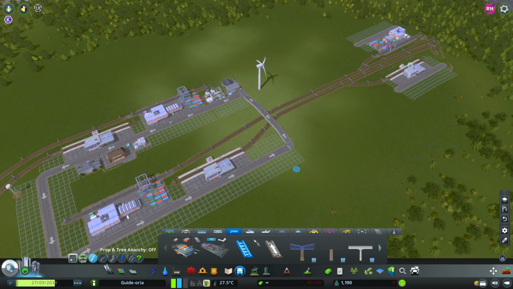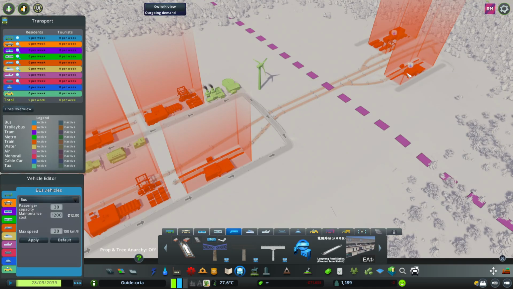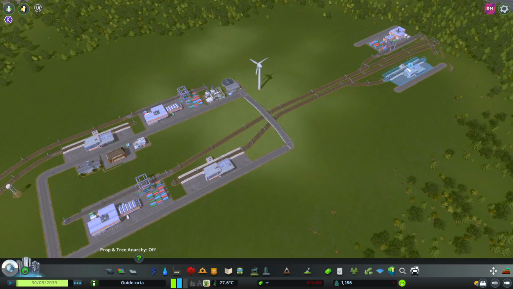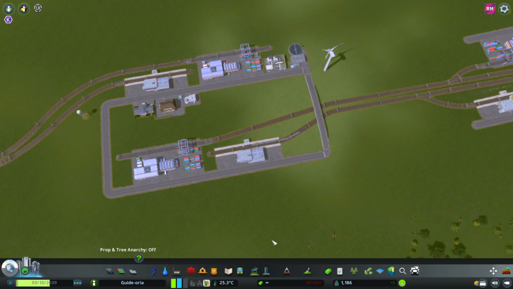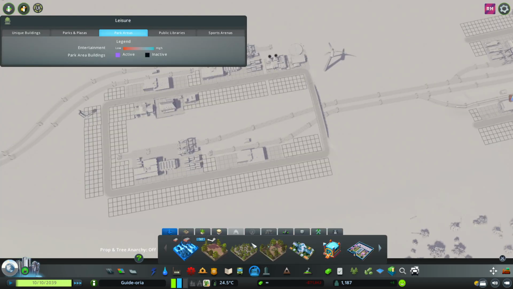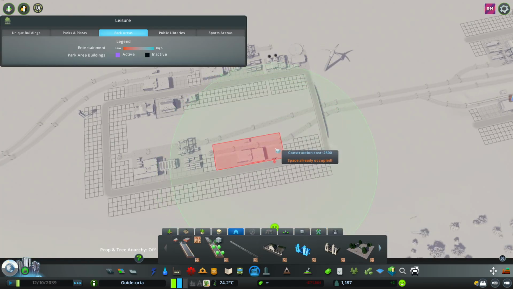The only thing I'm doing, and that could be actually quite profitable, all you have to do is create a line, and this line will get trains from here to here, back and forward, and all passengers from your city or tourists coming to your city will go in here from that station, and they will be transferred. You can improve it even more if you play with parks. You can create a park